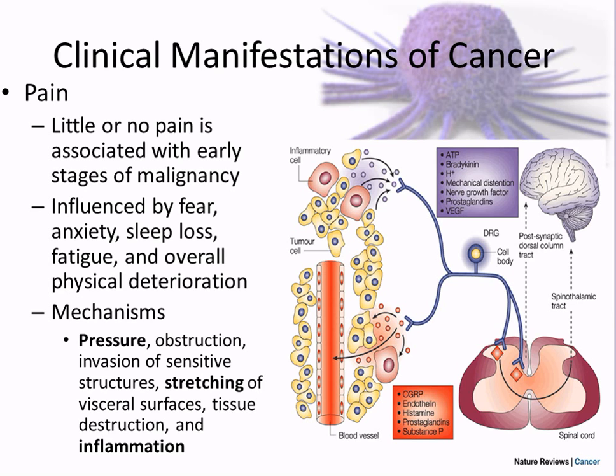And one's pain. And pain is usually because of compression or mechanical stress on structures. So if the tumor's growing and it's squeezing on a neuron, it may send faulty signals to the neuron, causing this pain signal. It may also cut off the neuron, causing numbness or lack of sensation. Typically in the early stages of cancer, there's not a lot of pain because there's not a lot of growth. And then later, the whole pain issue.